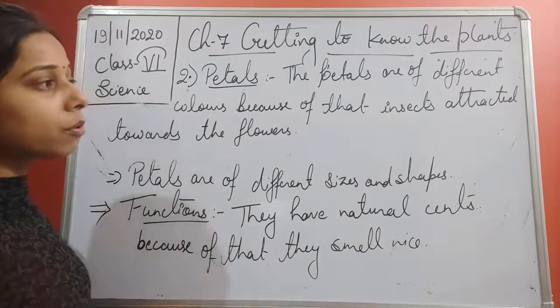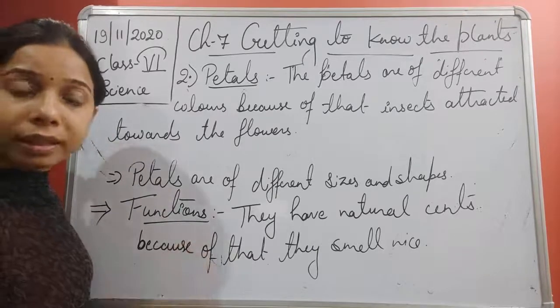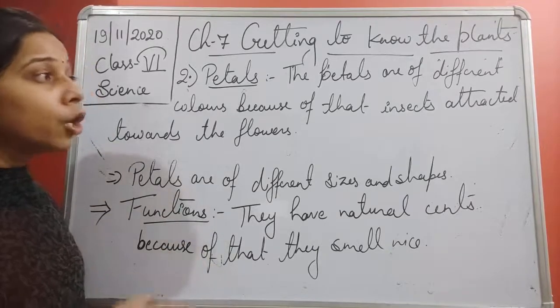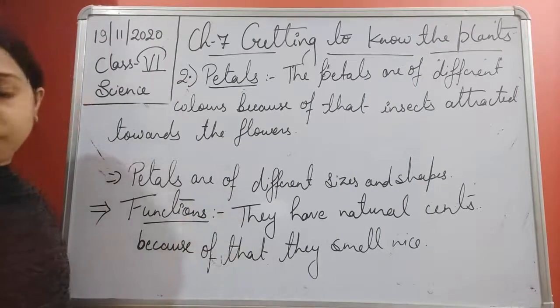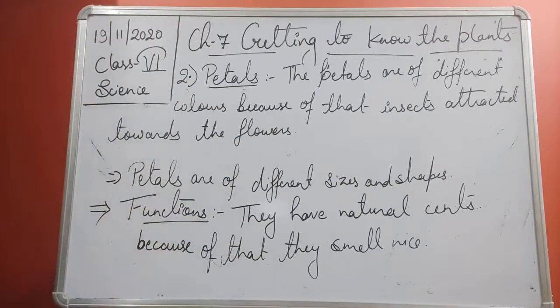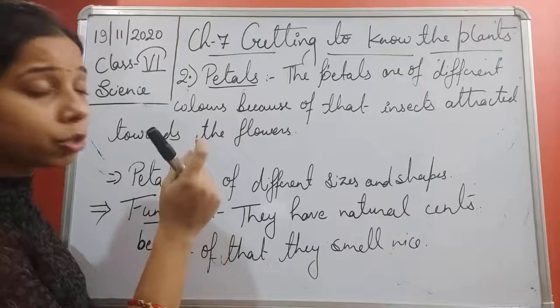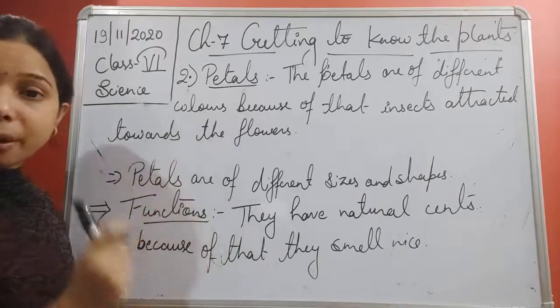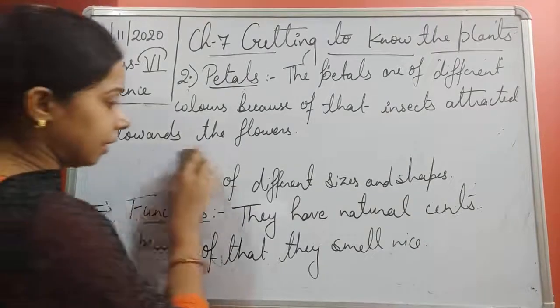Okay, so that was about the honeybee. But when we talk about all insects in general, they get attracted towards the petals of the flower, since it is brightly colored, it is of a different color. Okay. Now inside the ring of colorful petals, you will find that the female reproductive organ of the flower is present.